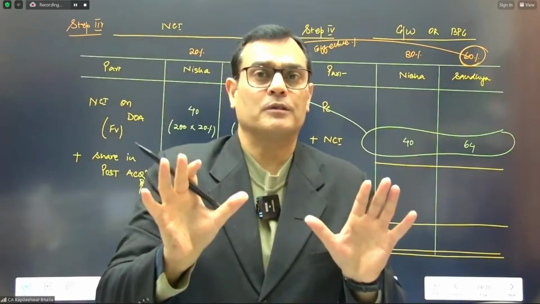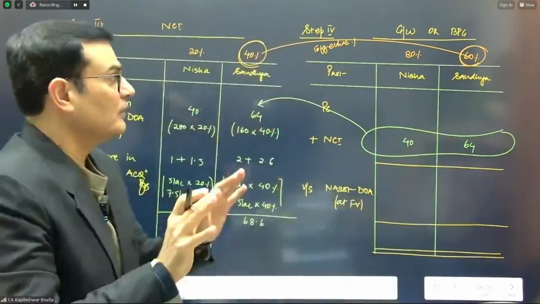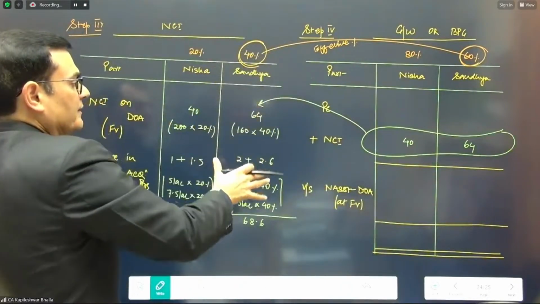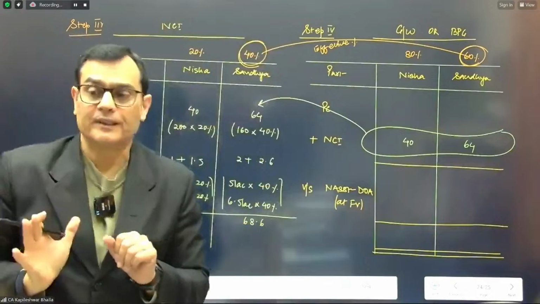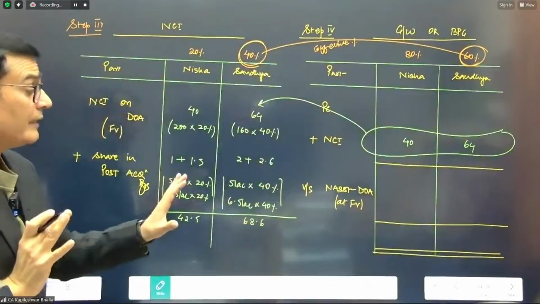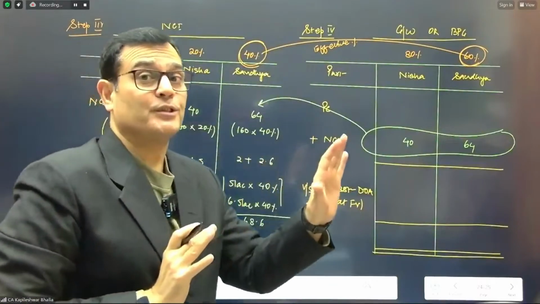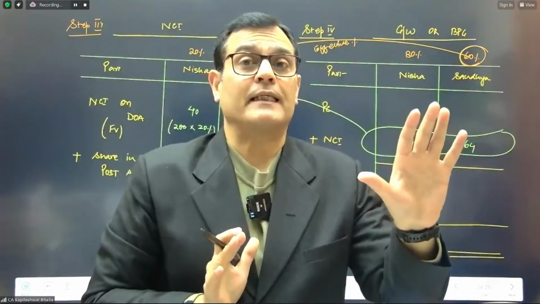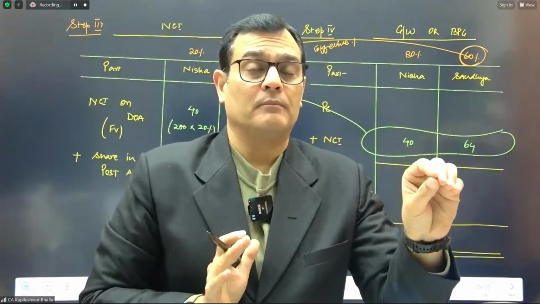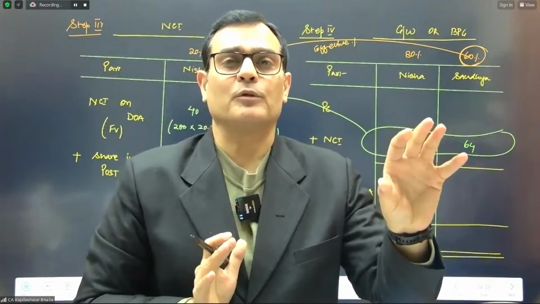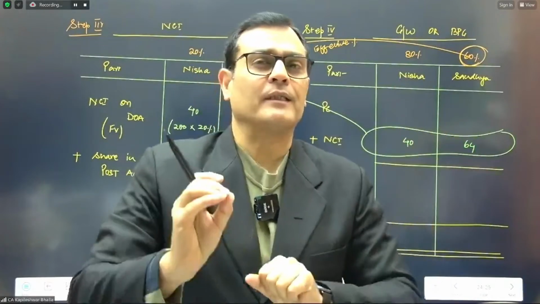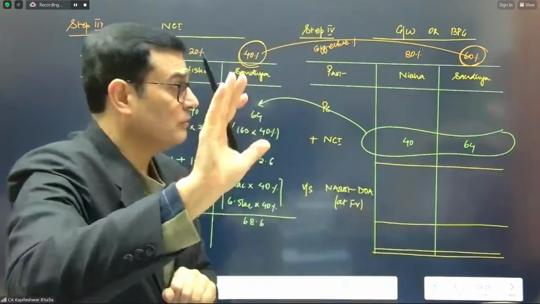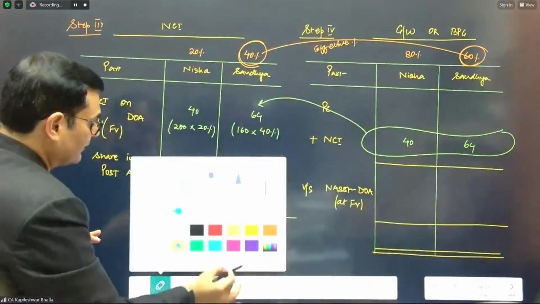The only caution which you need to be careful on is you need to get the effective percentages so that you are able to organize the NCI and you're able to organize goodwill. My NCI calculation is not yet done. Now the next 10 minutes is going to be crucial because I'm going to do something and I'm going to explain the logic as well. So the next 10-15 minutes is going to be very crucial for the understanding. So give me full attention at this stage.